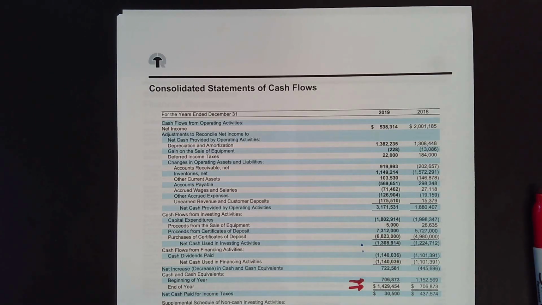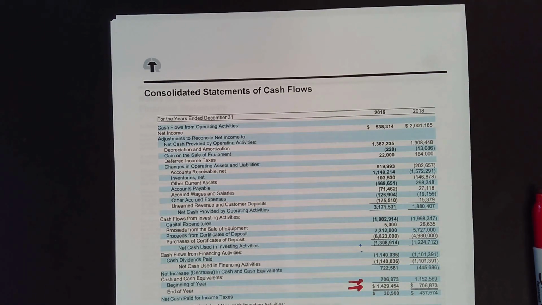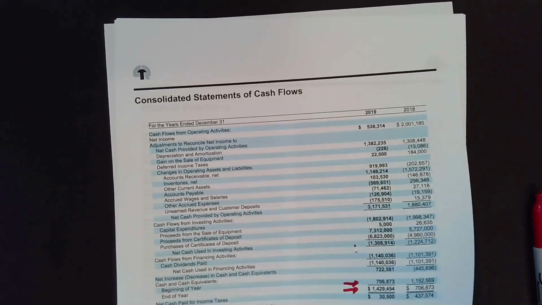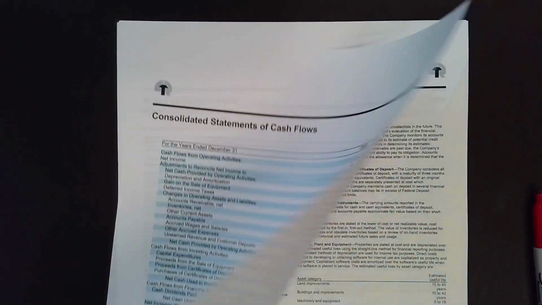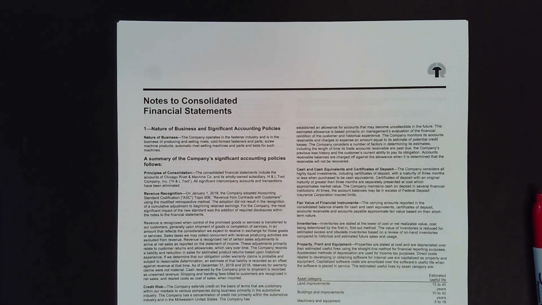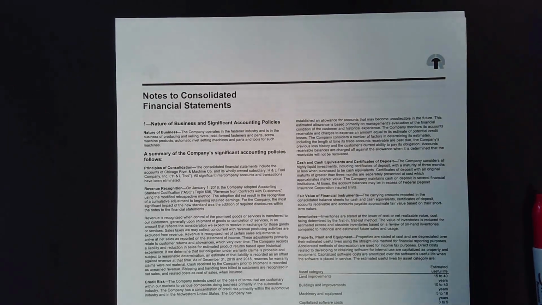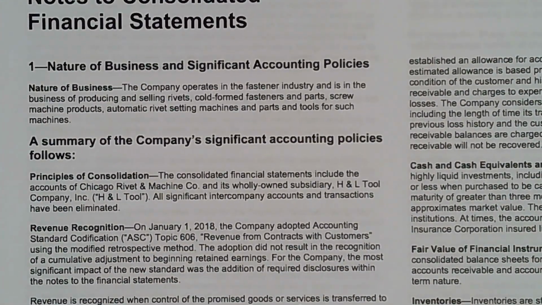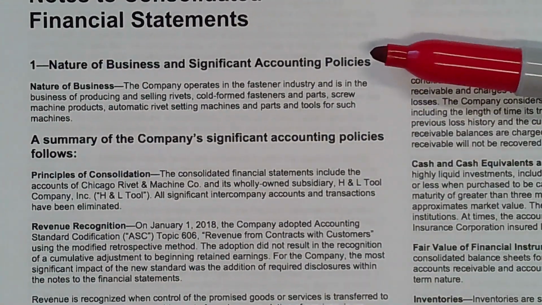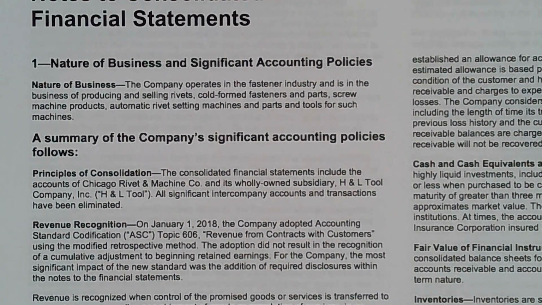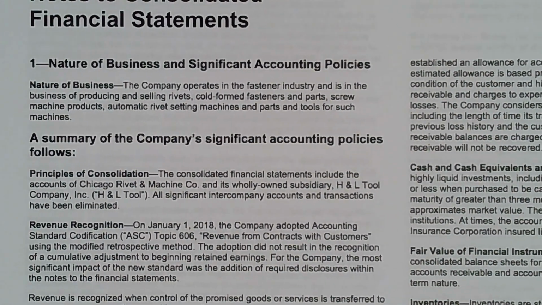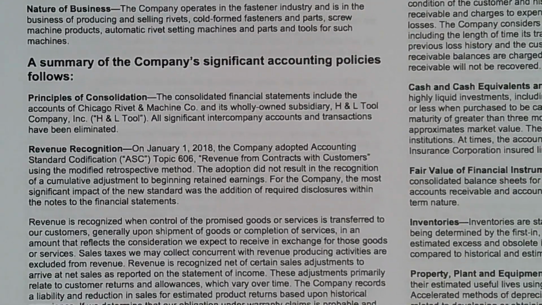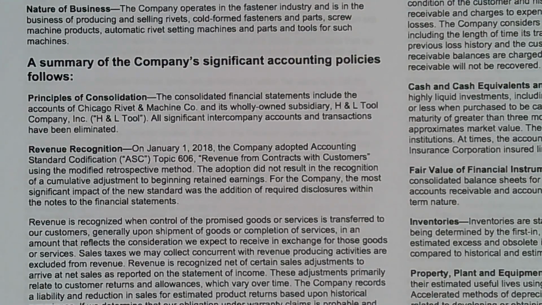Well, let's take a look at some of these footnotes and see what we learn about them, because there's a lot of interesting things that exist in the footnotes. The first thing we want to spend some time looking at is footnote 1, right? This is the summary of significant accounting policies of the company. Very, very important stuff. And the first item that comes up is revenue recognition.